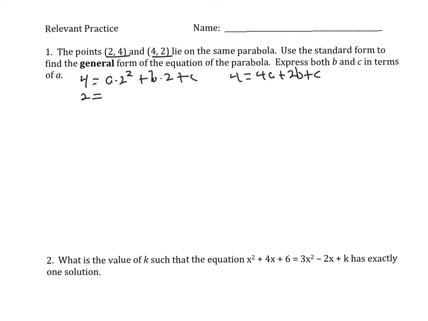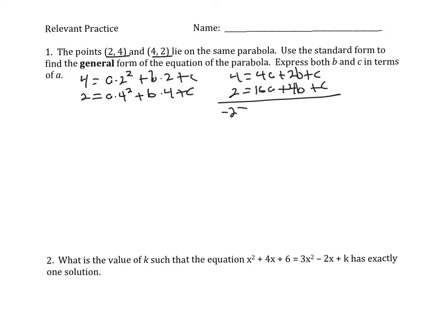Similarly, we'll get 2 is equal to a times 4 squared plus b times 4 plus c, which gives us the equation 2 is equal to 16a plus 4b plus c. Now we'll subtract one of these equations from the other. The c's will automatically disappear, and that's going to allow us to get a and b in terms of each other. So we'll subtract the first equation from the second